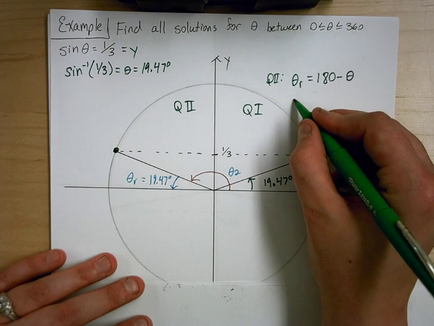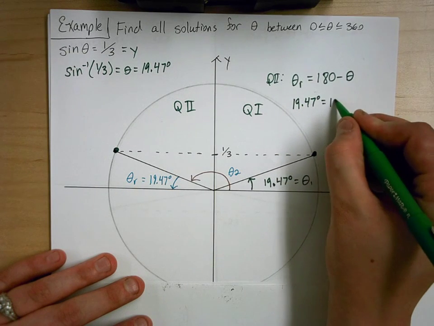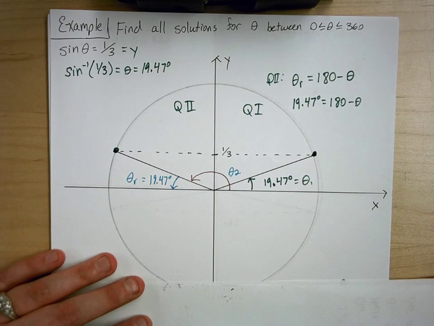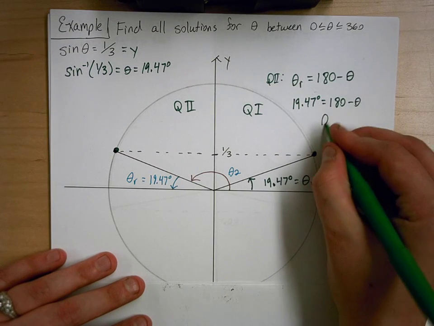And our theta R is 19.47 degrees equals 180 minus theta. And then we're going to solve for theta, and we are going to get that theta equals